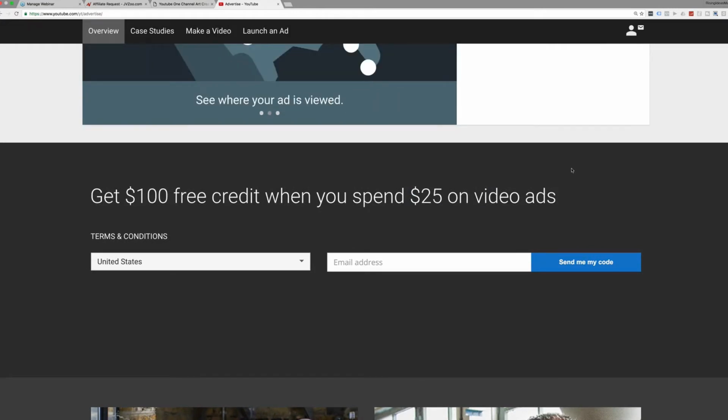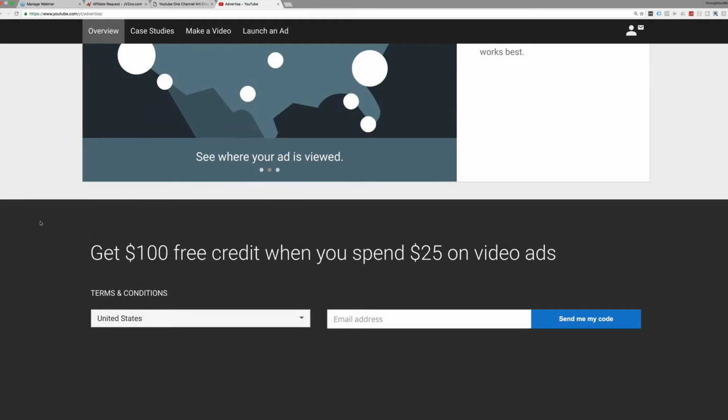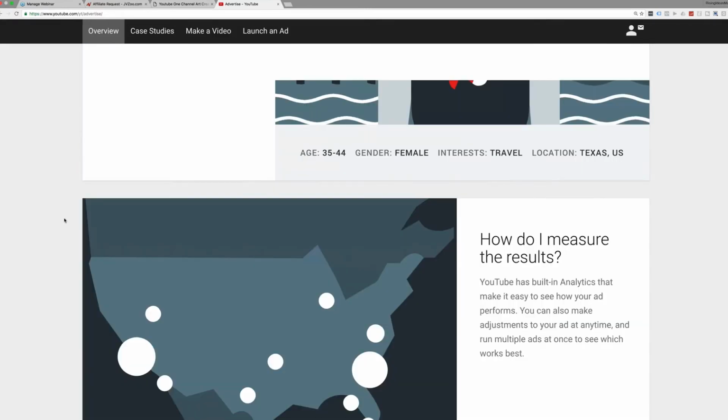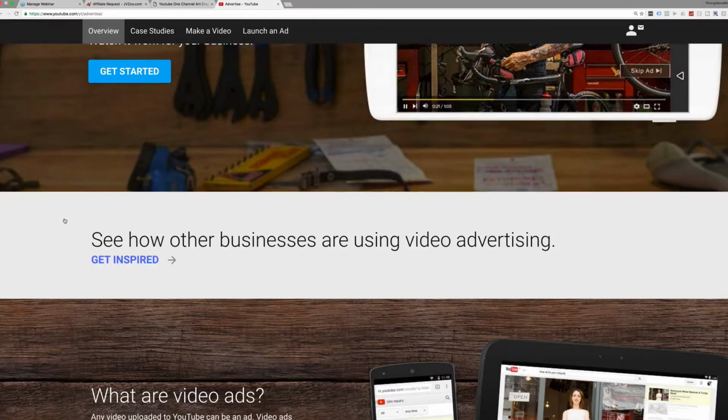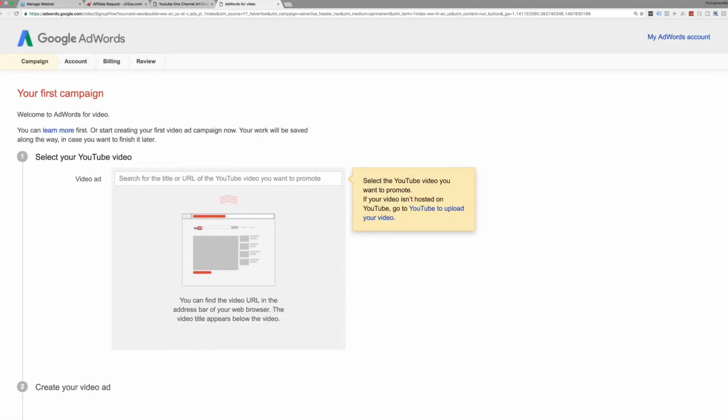And so then you have $100 in your account that you can use, and you saw how far that $100 goes in some of those previous slides. So we get $100 free credit. This works for any new AdWords account. And if we're running traffic for whoever we were talking about in the previous example, we can actually give them that as a signing bonus. And I've actually done that for clients in the past. I'm like, hey, when you sign up, I'm going to give you $100 in free advertising credit, right?